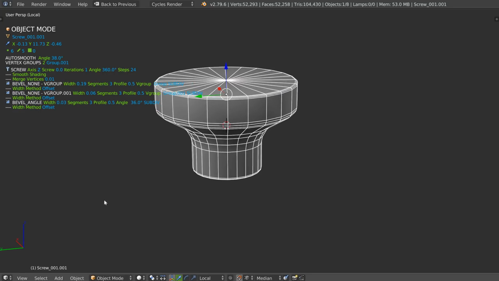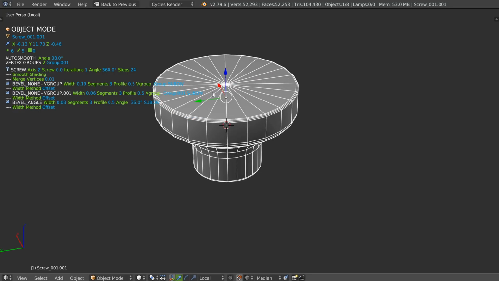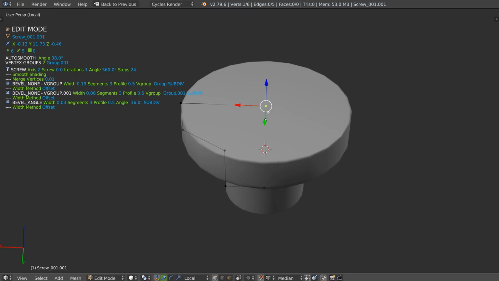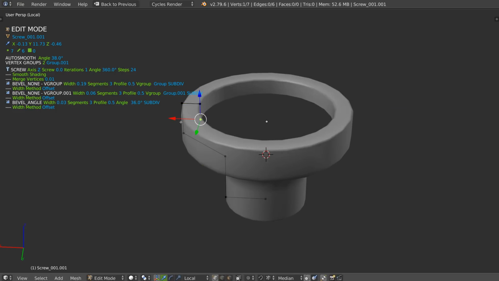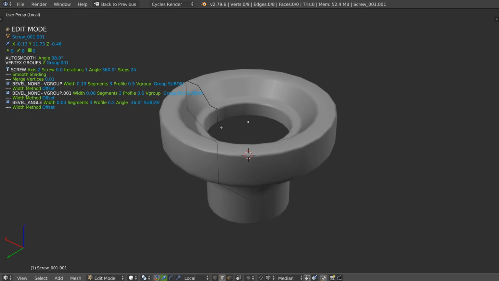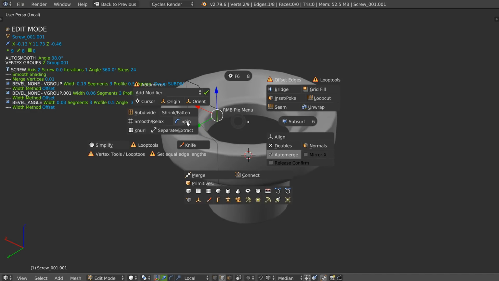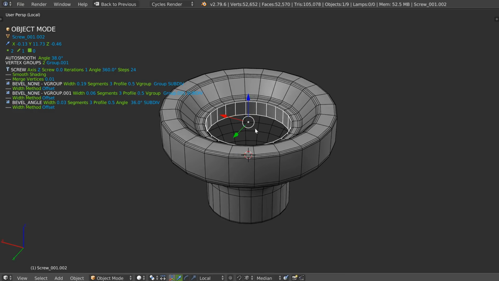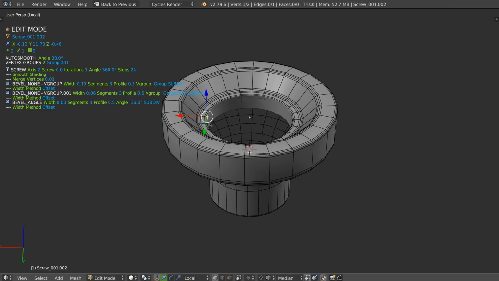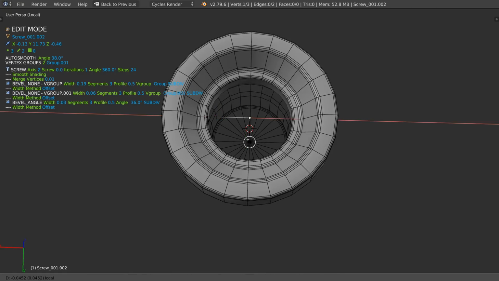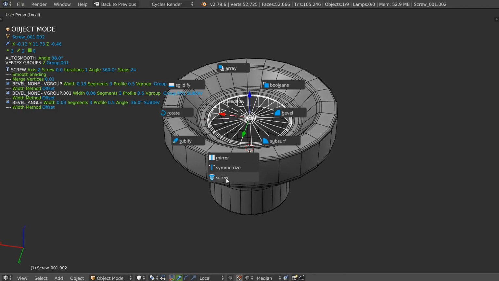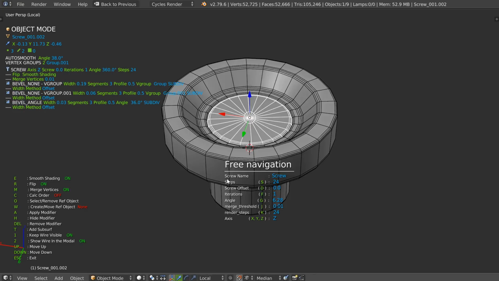I can use it to make a boolean, I can use it to do whatever I want. I can also edit it like that. I will disable the snap, I will press E, I will move this one here, I will do this, I will do this, I will select this, I will duplicate it here. So I can edit this one, press E, I will just activate the snap vertex to snap to this vertex. I will just call this screw and press R, and that's it.